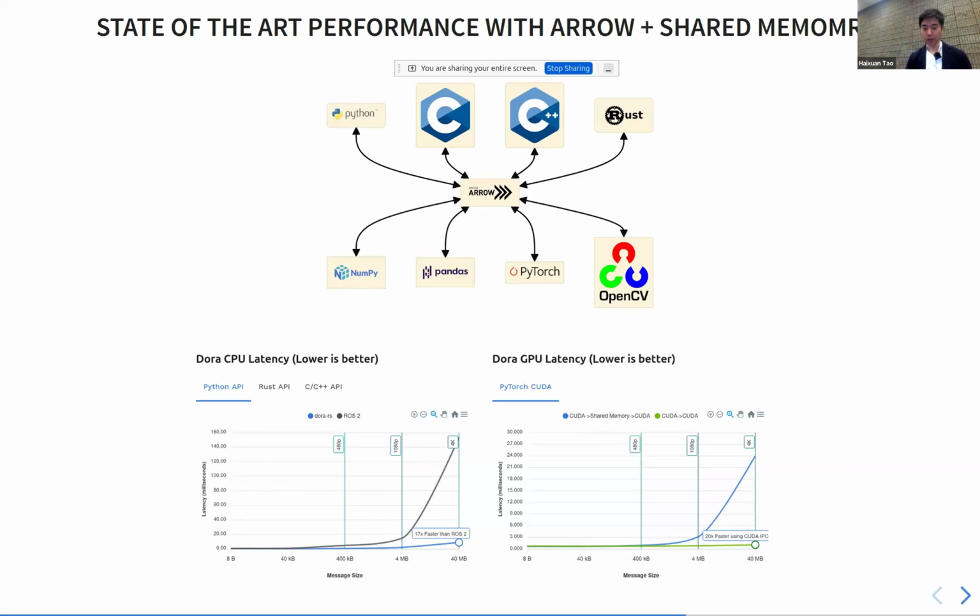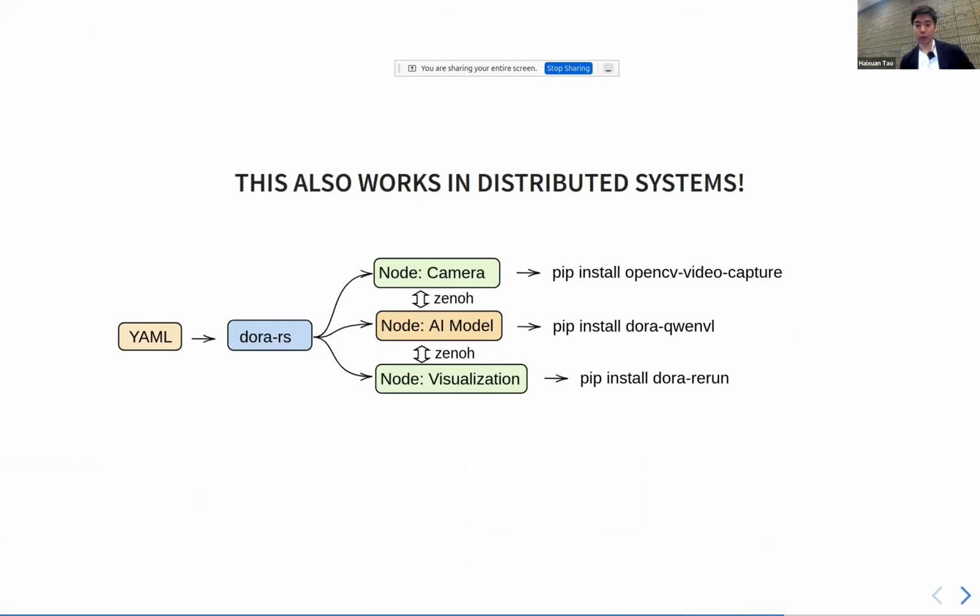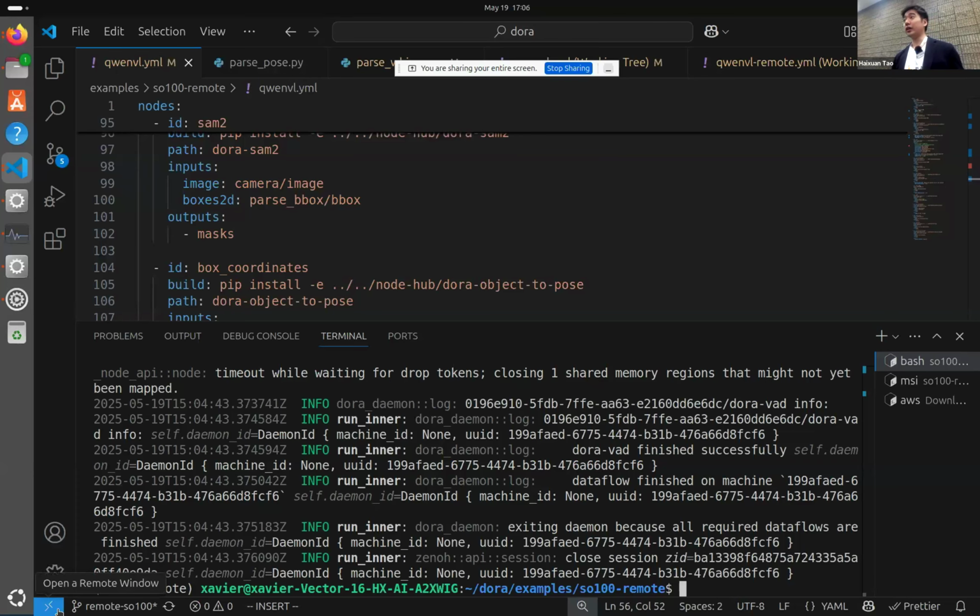Okay. Now, I have one last cool trick up my sleeve. I hope I have time, but yeah, there you go. We can also do it on distributed, right? So the YAML graph doesn't work just on my computer. It also works on distributed systems. Because, for example, in this case, I have a 1580 computer, which is pretty expensive in many ways. And